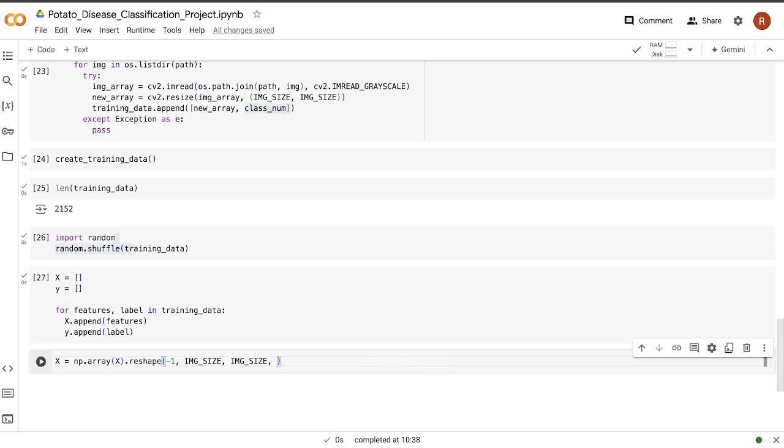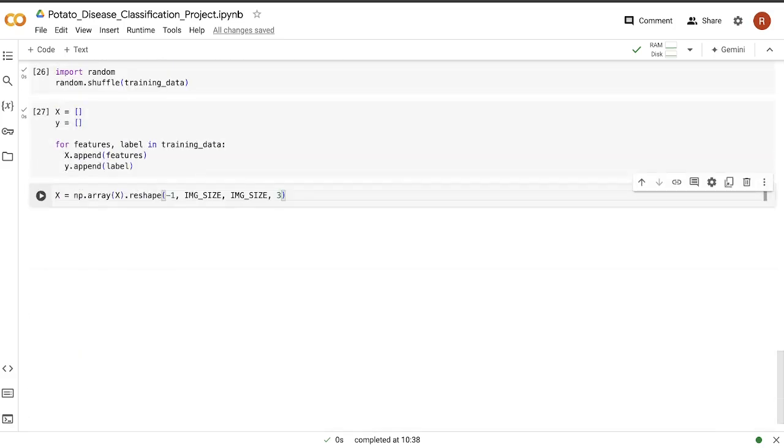Now if you are making use of RGB, that is colored images, then you will mention the channel dimension as 3. But if you are making use of grayscale images like we are doing, then you will mention the channel dimension as 1. So this channel dimension will change depending upon whether you are making use of colored images or grayscale images. And then you will also reshape your target feature, that is y.